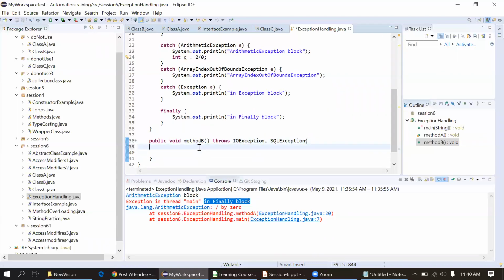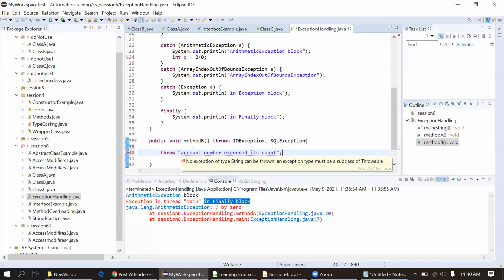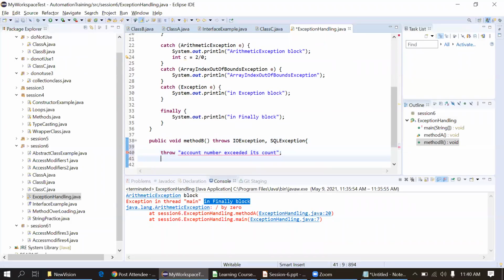So I'll write for throw as well. Throw: number exceeded its count. This kind of error can be handled using the throw keyword. There is some syntax, I think: new throw.